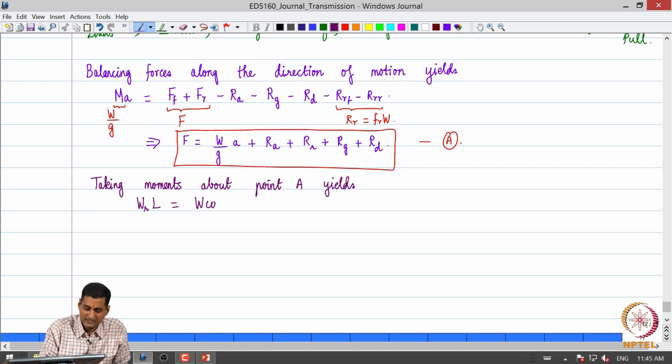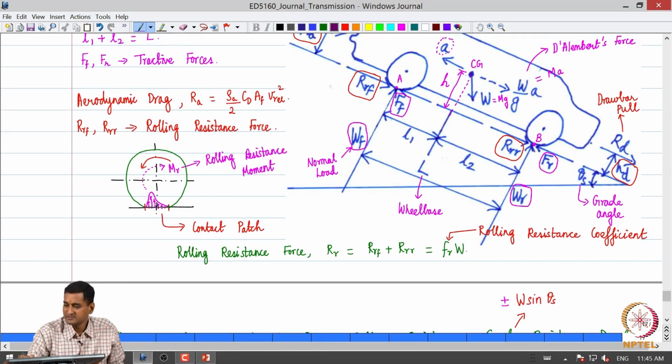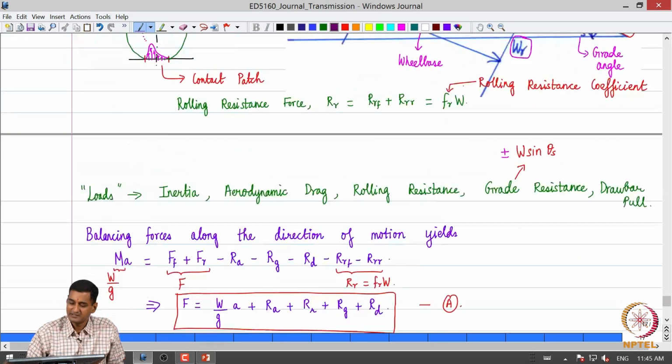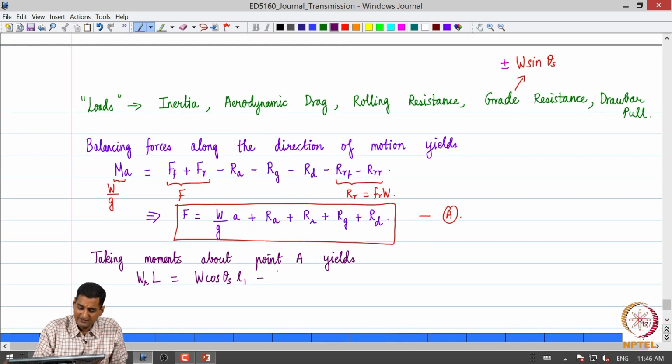So, one torque is going to be W cos theta s times L1, right, that is the torque due to this force, this component. Then what do we have? We have a torque due to the other component, W sin theta s times h. Then we have a torque due to the inertia term W by G A times h. Then we have a torque due to the aerodynamic drag. Then we have a torque due to the drawbar,